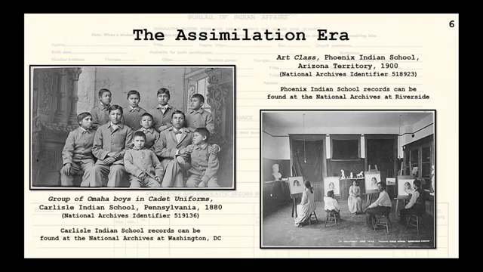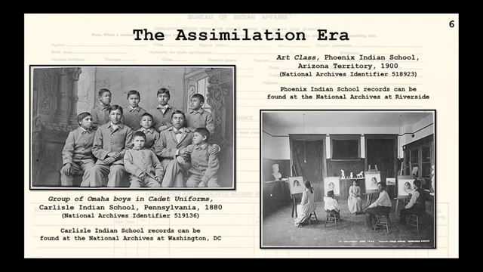Which brings us to the assimilation era. So by the late 1870s, this policy that had been kicked around for decades had taken firm root in the BIA and dramatically altered the lives of American Indians and what was left of their lands. So with tribes already forced on the reservations through the treaties, the new movement pushed further, contending that if American Indians adapted European-style clothing, the English language, institutional education, and the concept of land ownership and farming, they could better assimilate into the population at large.